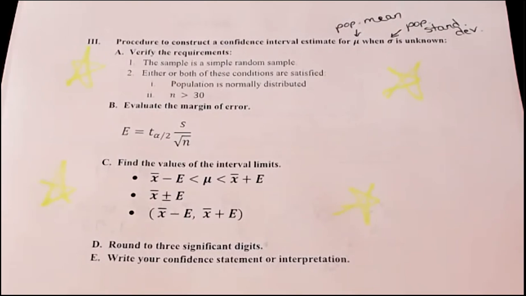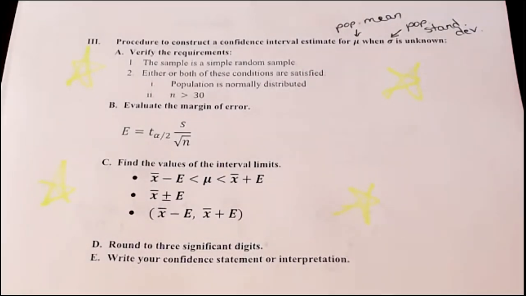So the first thing you do is you verify the requirements. Is your sample a simple random sample? Are the following conditions satisfied? Now you either have to have one or both. If you don't have to have both, you really just need either or. So you're either told that the population is normally distributed, the population from which the sample came, or you see that your n, the number of items in your sample, is greater than 30. As long as one of those conditions are satisfied, then you can use this procedure to construct a confidence interval